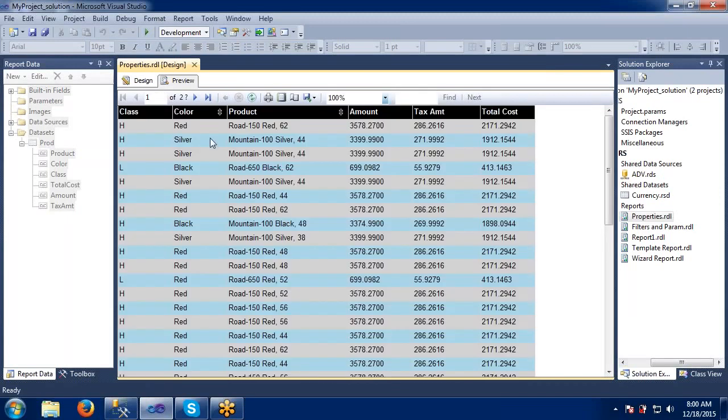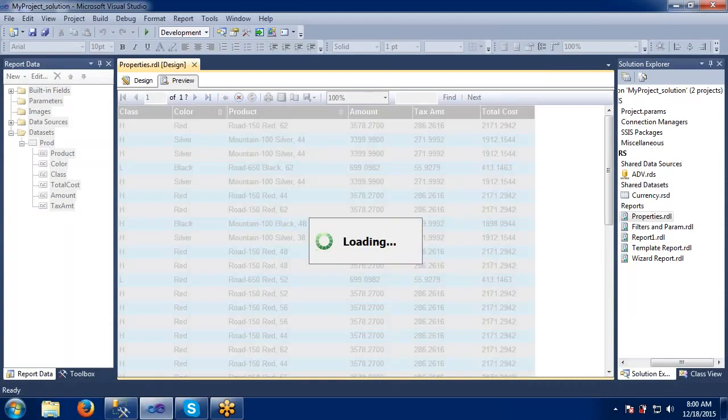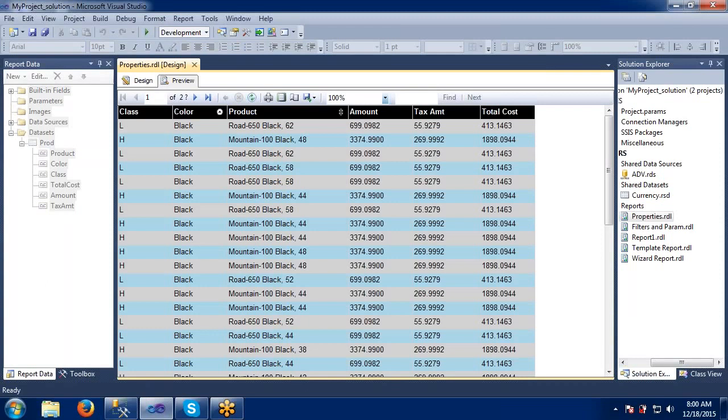See, now I can see some icon here on the column level. Right now it is showing R, S, S, S, right? So let's try to sort on this. I have clicked on the sorting. So it's trying to sort now. Yes, it's sorted. See, now the arranging in the B. It has got sorted here.